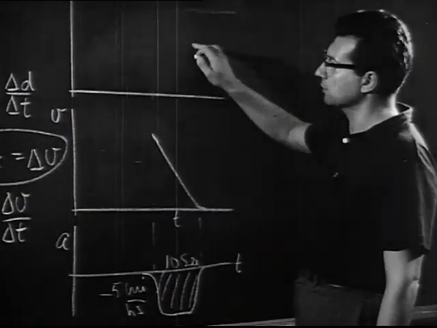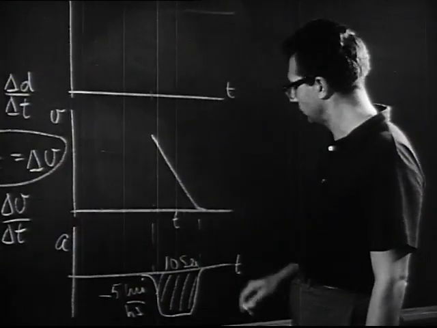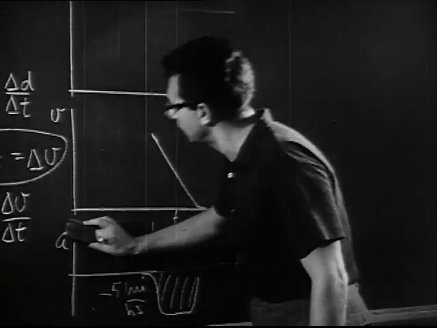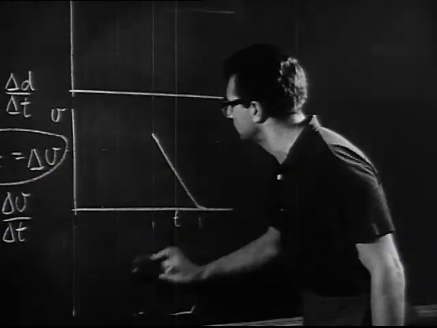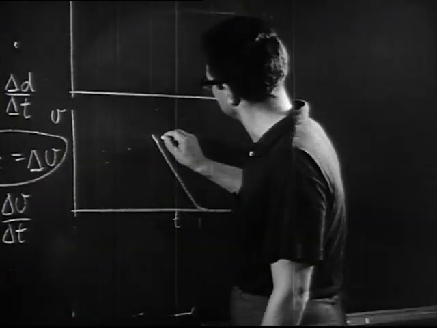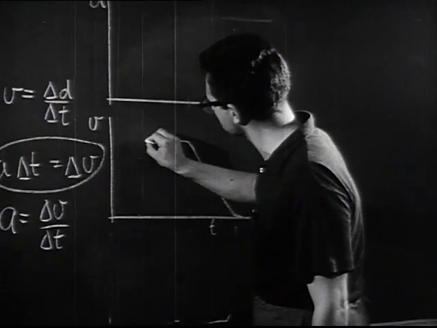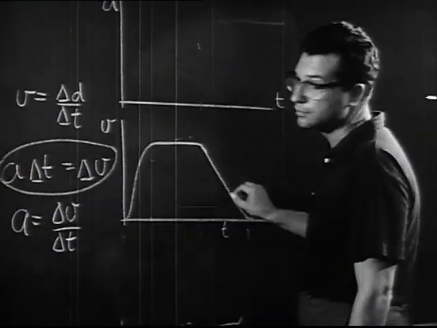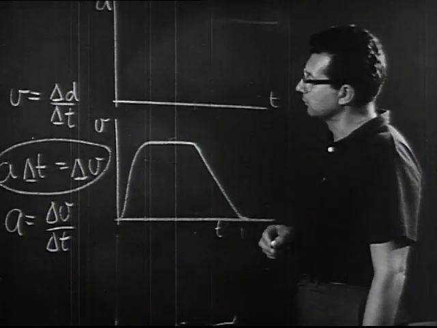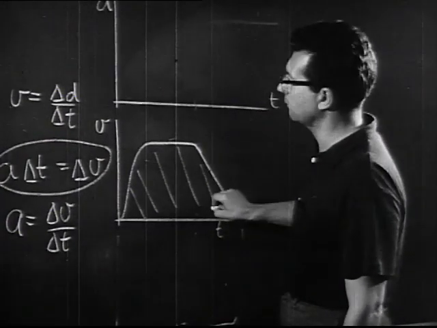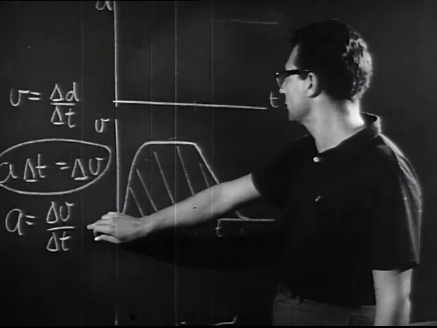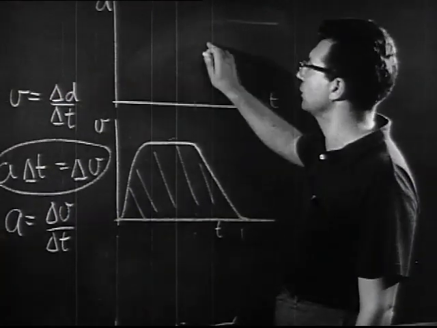Now I'll go on and try to construct the distance curve from the speed curve. And I'll give myself a new problem. I don't need this anymore. If I make a trip complete, I would perhaps start at rest, build up to this, and then decrease. Now clearly I want the area of this, because I have the same relationship here that I had here, and that area will give me the change in